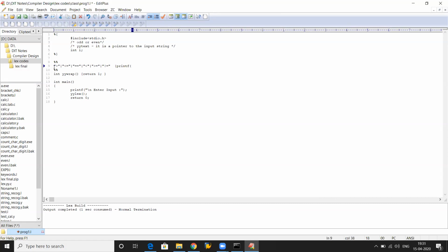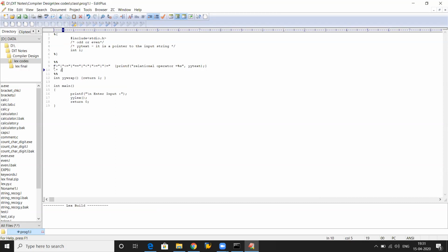If you input any of these, what will it print? This is the relational operator. Okay, it will print this is the relational operator, and if you wish to see which operator you have entered, then attach %s with it and print yytext. So it will give you the value of that particular relational operator also. And if you enter anything other than these, it should not print anything. Fine. So let's check this program also.